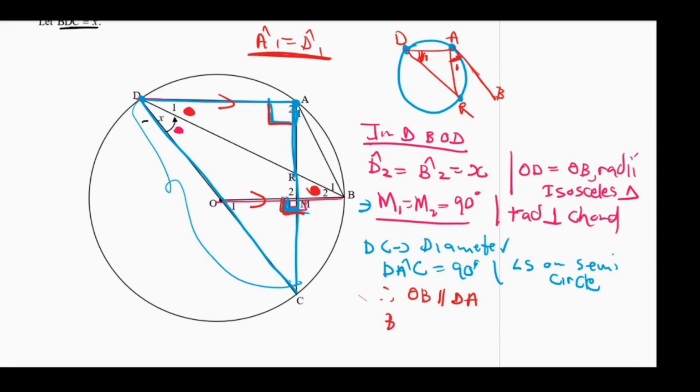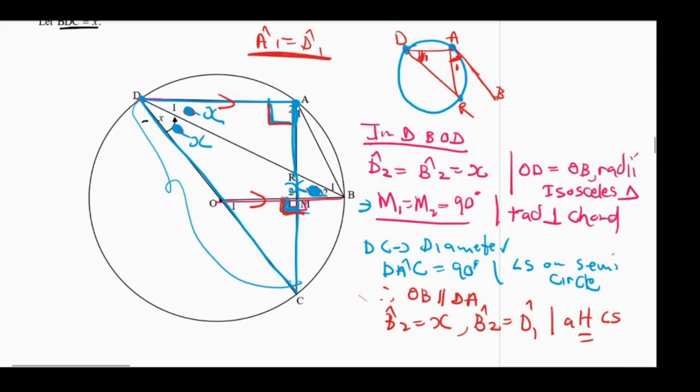Remember that B2 is equal to X. So angle B2 is equal to D1. The reason for that is alternate angles are equal. So these alternate angles are equal, and once these are equal, remember that this is also equal to this one here. Since this is X, this is X, and this is X, then we are done, because remember we said